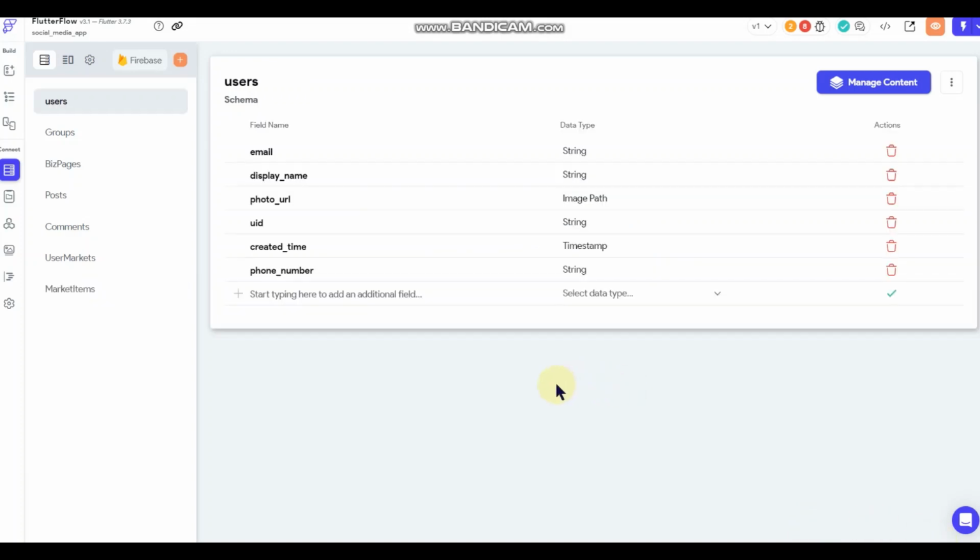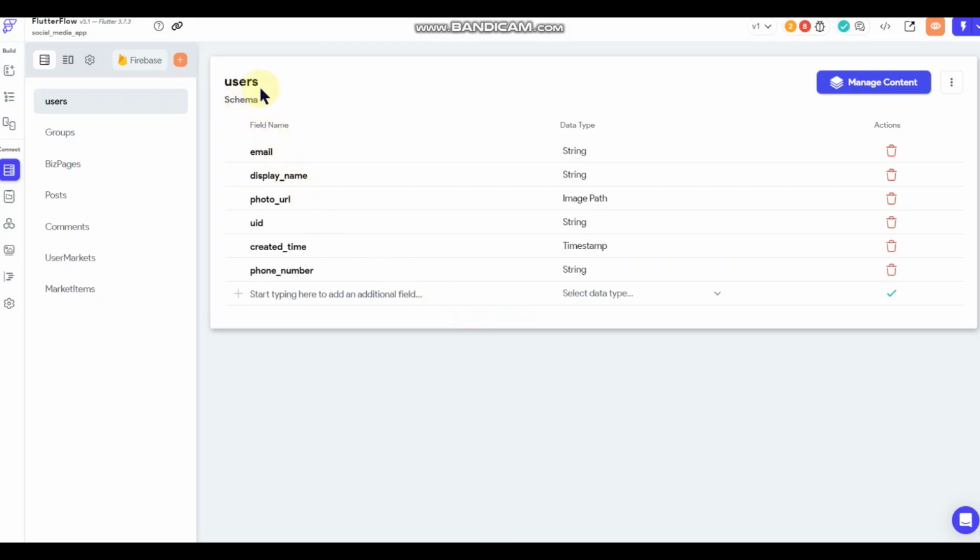Okay, so for the remainder of this tutorial, we're just going to go through creating or filling out the collections, and that's where we'll end this tutorial. And then in the next one, we'll start working on the front end and setting things up.